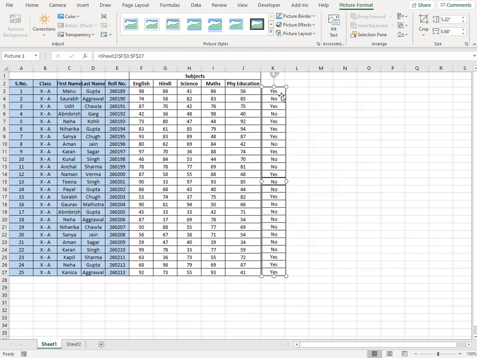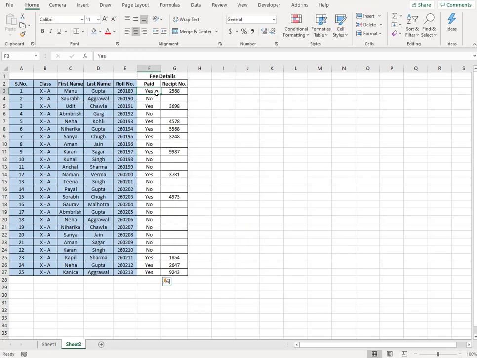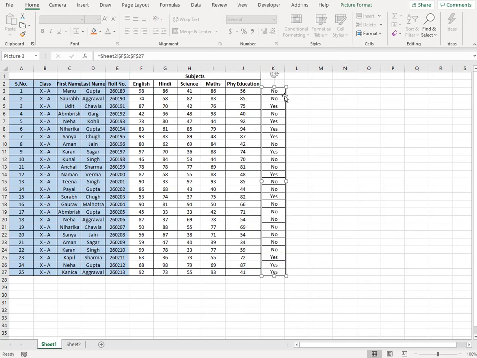So you see the data from the other sheet is also being shown up here, and it will also be updated if I change something here, and this data gets changed here as well. That is the way you could also use the camera function on multiple sheets. So it's up to you how to use it in the most effective way in which you want to represent the data using the camera function.